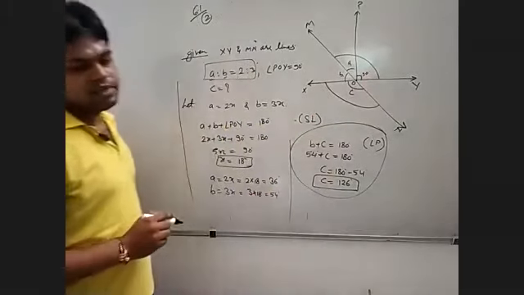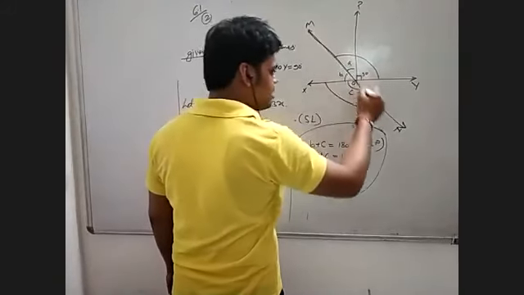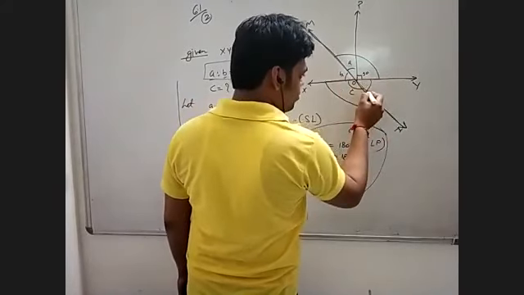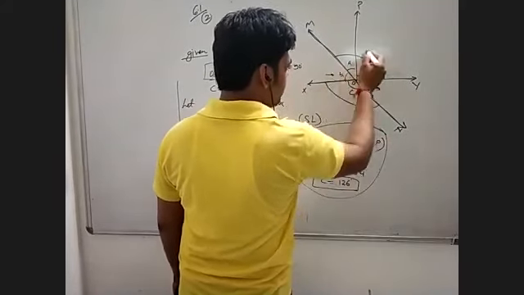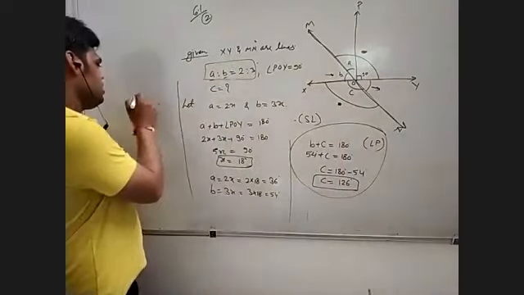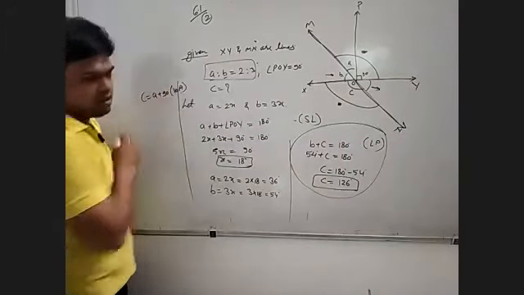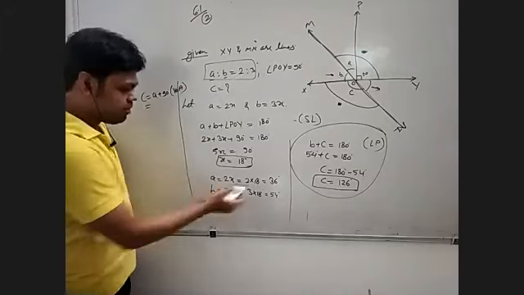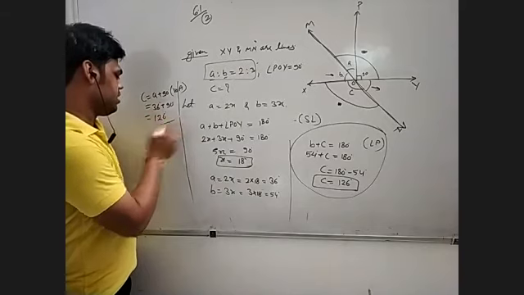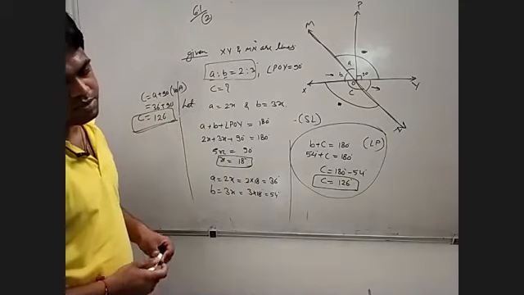C is equal to A plus 90. How is it? Because of the vertically opposite angle. These two lines are intersecting each other, so vertically opposite angles will be equal. This equals this, and this part equals this part. So we can write C is equal to A plus 90 degrees because of the vertically opposite angle. What is the value of A? 36 plus 90 equals 126 degrees. We can find the solution of C also by this condition.